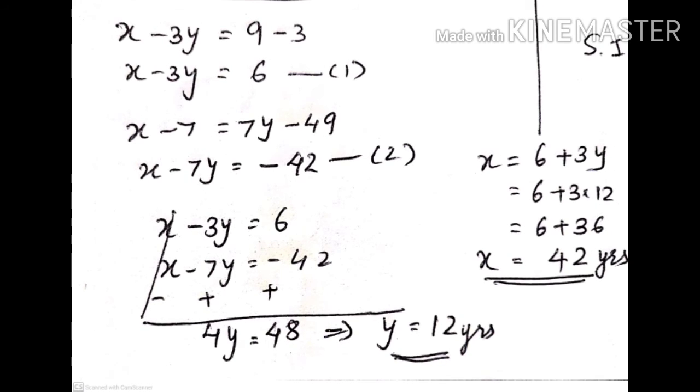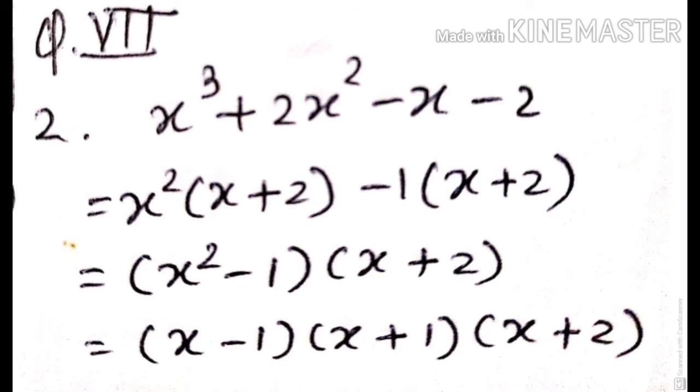Now we factorize the polynomial x cube plus 2x square minus x minus 2. Four terms are there, students, so you arrange the terms to get something common. Here nothing to arrange; from the first two terms x square is common, so in the bracket I am left with x plus 2. From the other two terms minus 1 is common, so I am left with x plus 2, and we get two brackets: x square minus 1 times x plus 2.